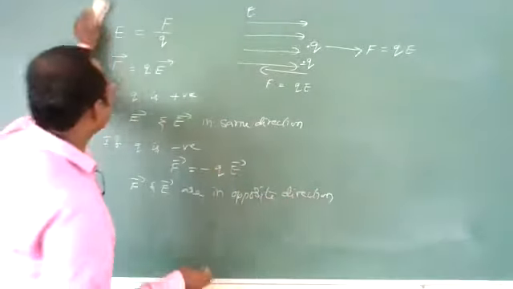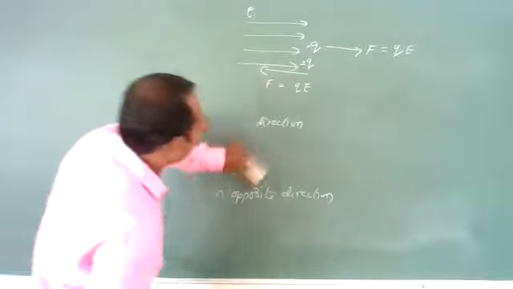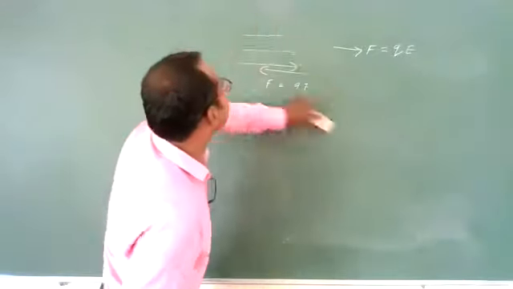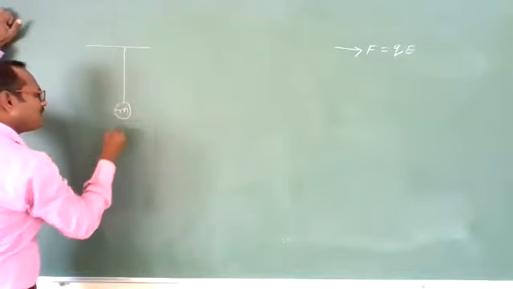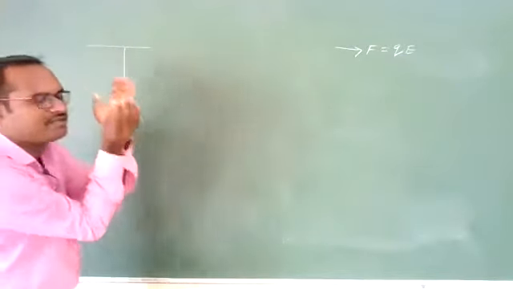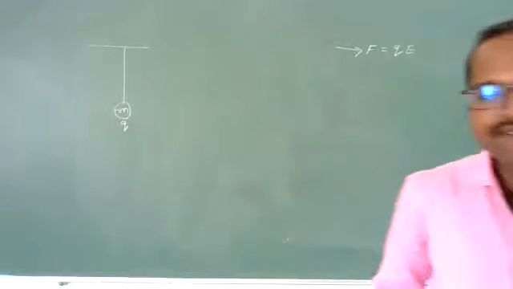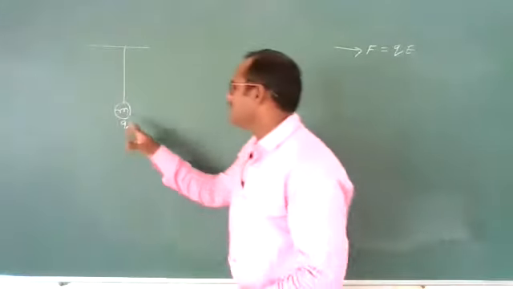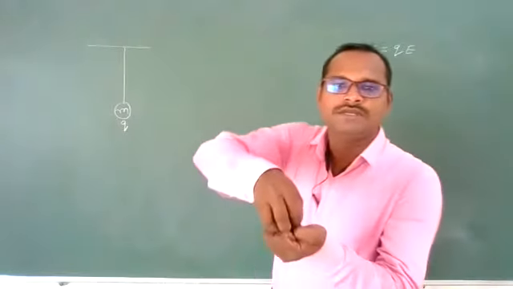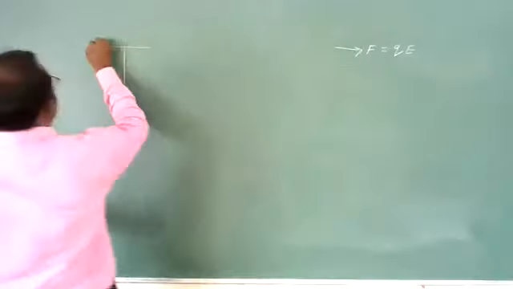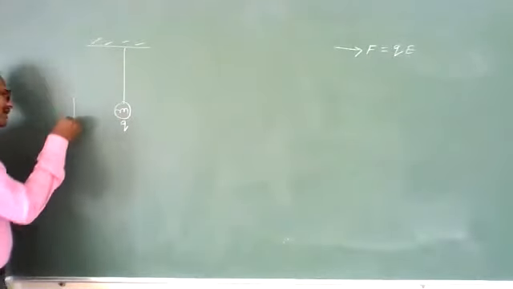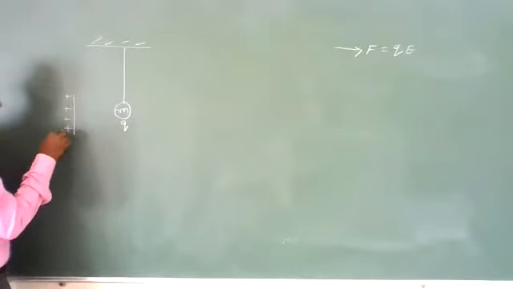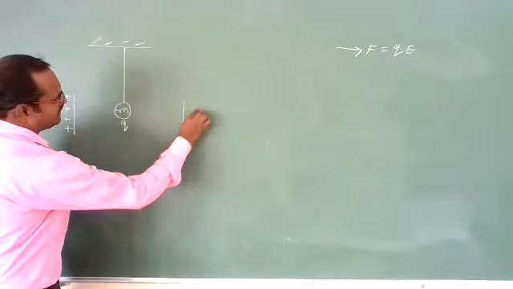Okay? Now, on this topic, you may get some objective questions. See how you will get. See, students, let us suppose we have one object whose mass is m. Now, on this mass m, a charge q is distributed uniformly. And this ball, which has a mass m and charge q, is suspended from a rigid support like this. Now, let us suppose one electric field is placed. There are positive charges we placed, and here negative charges, let us suppose, we have placed.